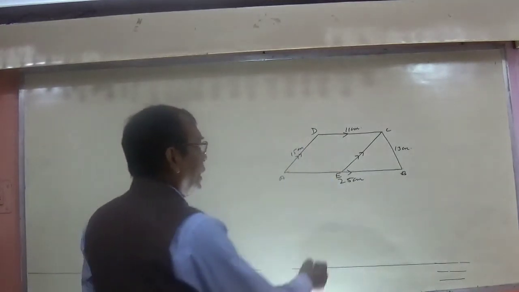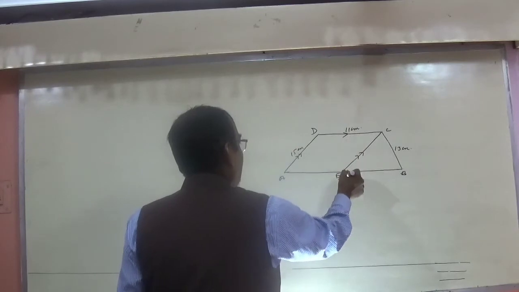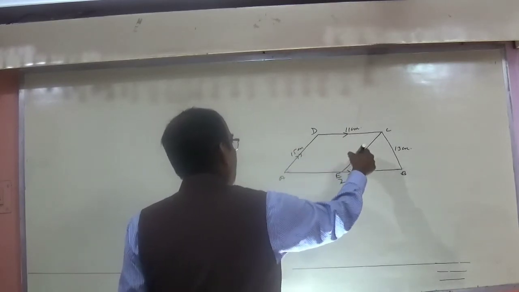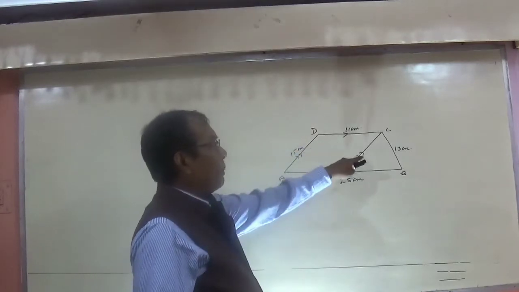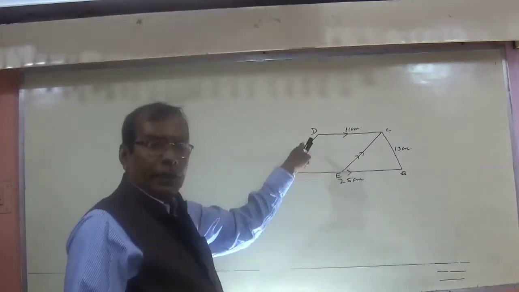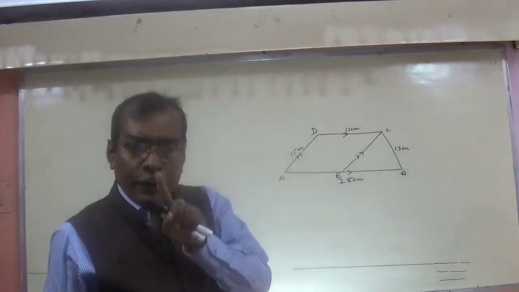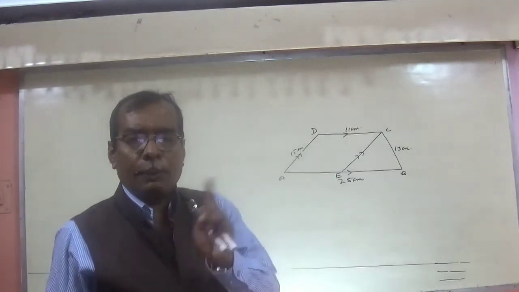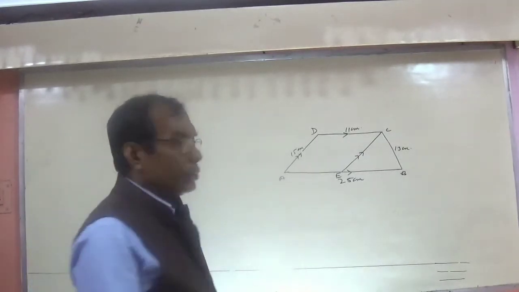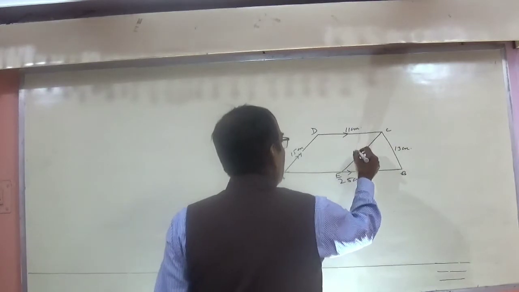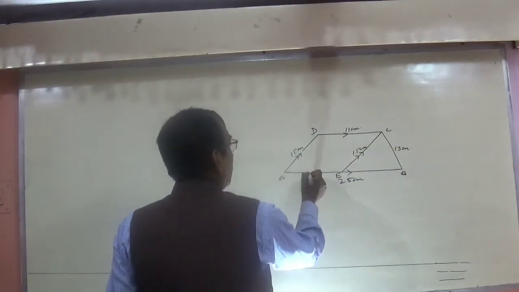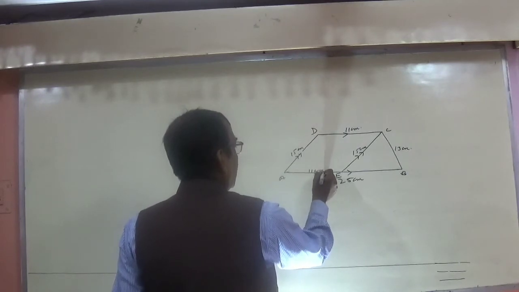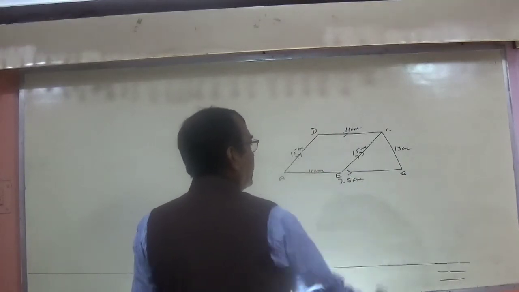I am finding that AB is parallel to CD as well as this line is parallel to AD. So in this particular quadrilateral, the opposite sides are parallel. So definitely it is a parallelogram. And if it is a parallelogram, the opposite sides of the parallelogram are always equal. So if it is 15, then this is also 15 centimeter. And if it is 11, this AE is also 11 centimeter. So quite easily you can find the BC.